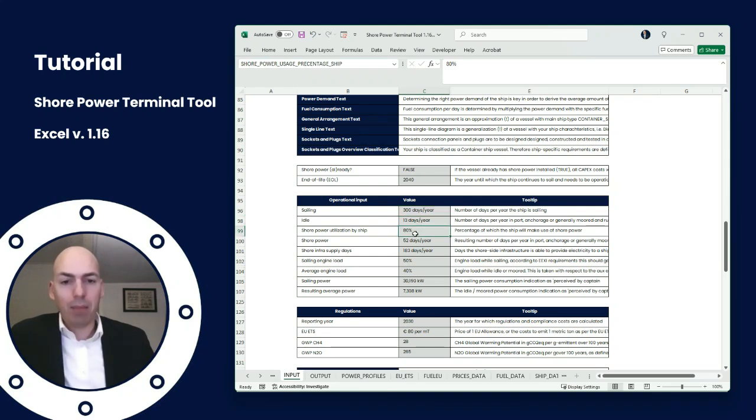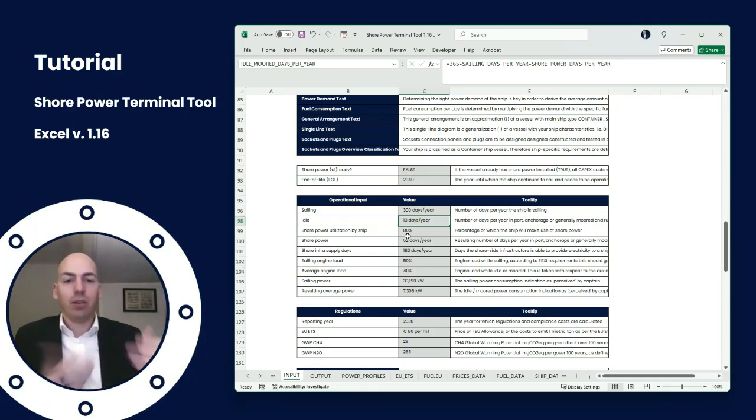Then we assume 80% utilization generally. So if we have 300 days per year sailing, then we have 65 days of the year idle moored. And if we have 80% utilization of the ship shore power, we have 52 days of shore power and then 13 days of idling and moored. You can see here that that's how we call these days: sailing days, shore power days, and idle moored days per year. And that's how we calculate all the different days. For each day we calculate OPEX, and then we multiply it with the amount of days to get you the